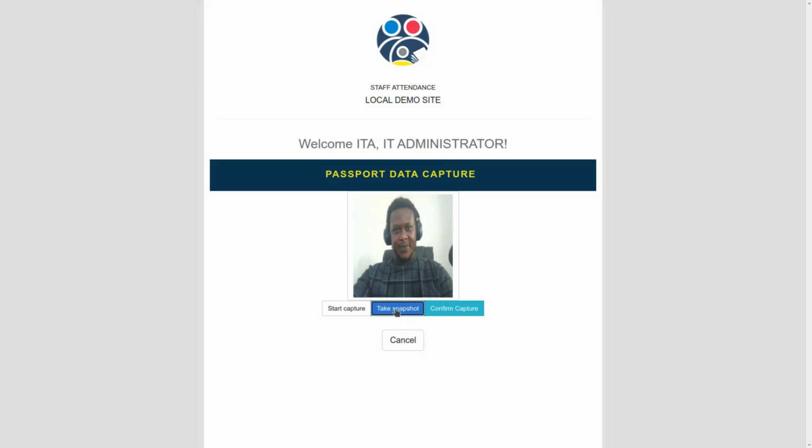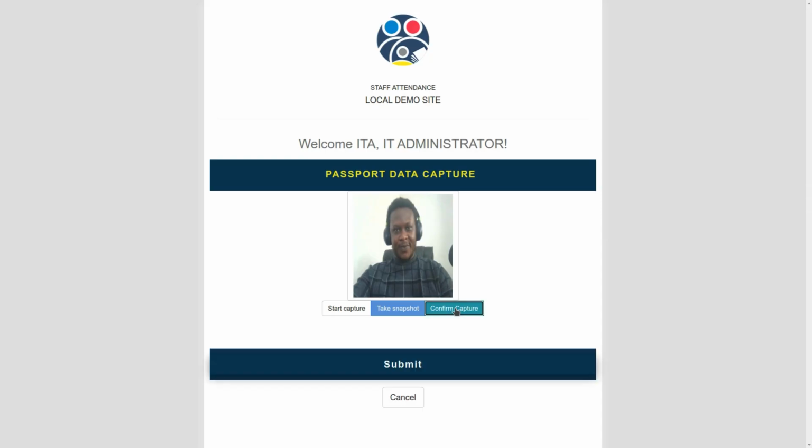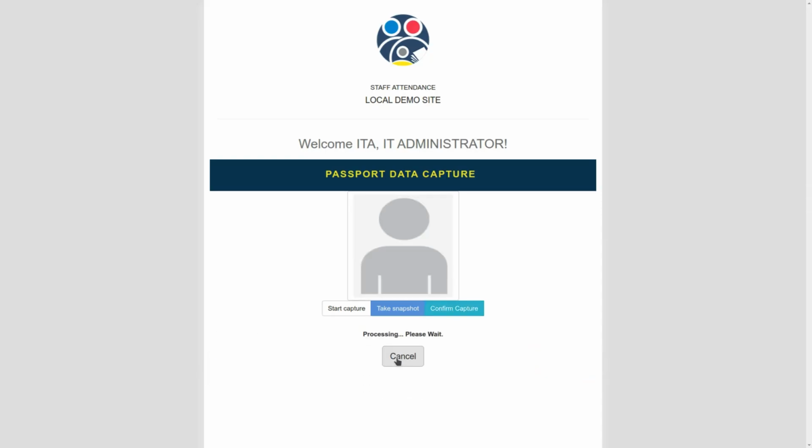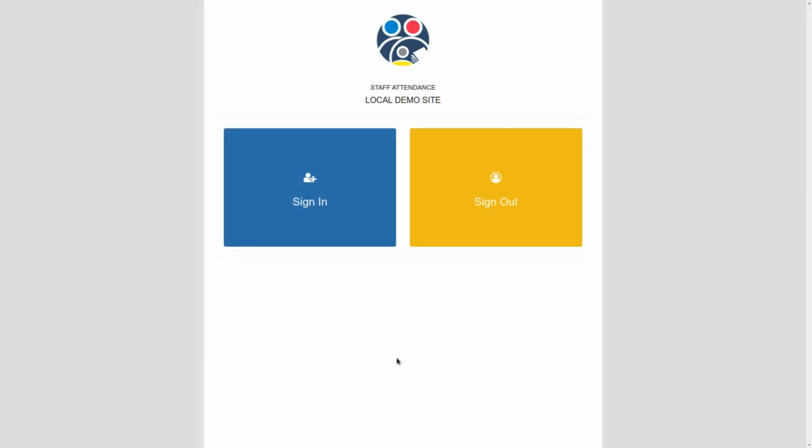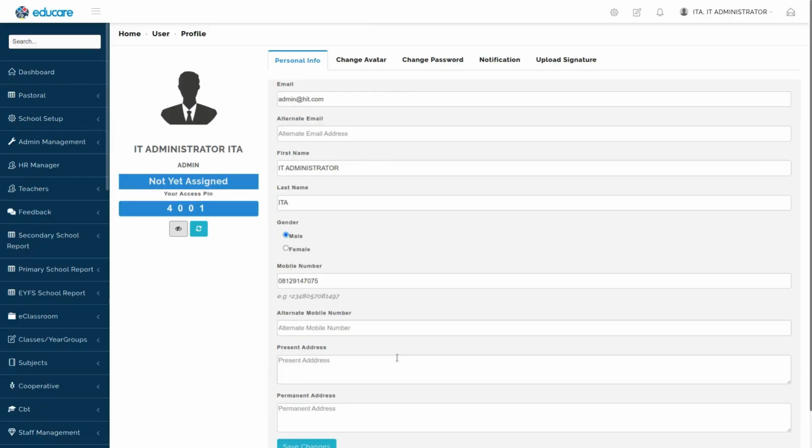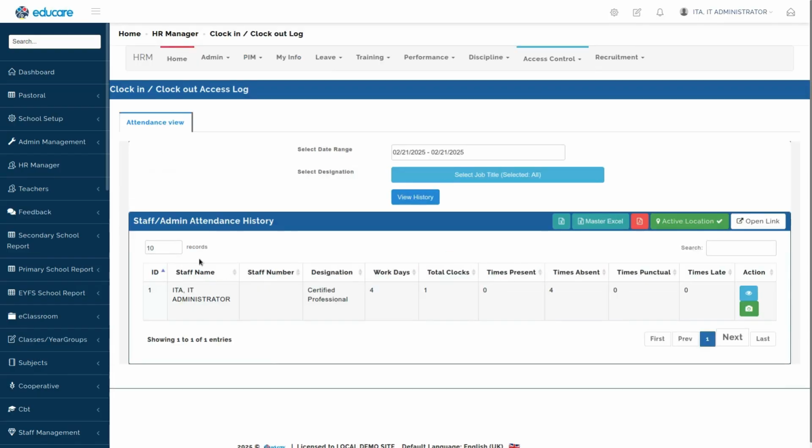And that's it. So you take that capture and then confirm that capture, submit it, and you're done. So the system will process it and mark it as you having logged in, and then it will return to the login space. The same thing when it is time to sign out. Now, the data that has been taken so far for everybody that clocks in is usually recorded in the attendance